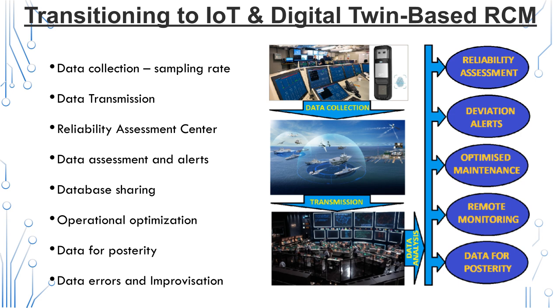So this data is transmitted to the reliability assessment center via satellite communication at sea or the naval intranet in the harbor. Maintenance data entered manually in a templated format by the ship, trials agencies and repair agencies, as per the unique identity of the equipment, adds on to the data that is being collected from the equipment. This data together now can be used for multiple purposes, including generating digital twins.